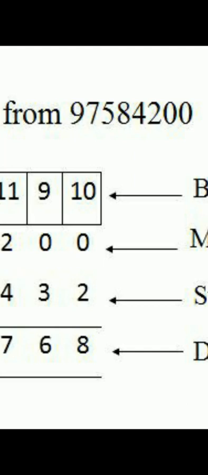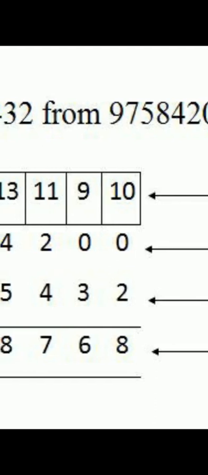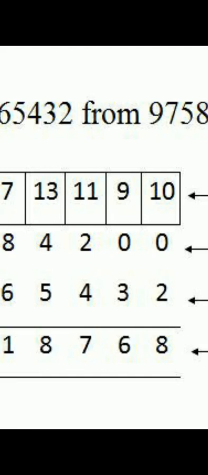And now, as you are seeing here, can you subtract 4 from 1? We can't. So again this 1 will take a borrow from the next number, so this will become 11, and the 4 will become 3. Now 11 minus 4, you will get 7. Now again we can't subtract 5 from 3, so this 3 will take a borrow from the next digit, which is 8. So this 8 will become 7, and we subtract 13 minus 5, we get 8. And when we subtract 6 from 7, we get 1.